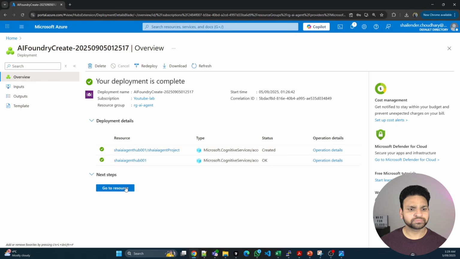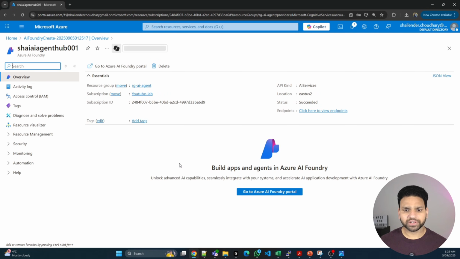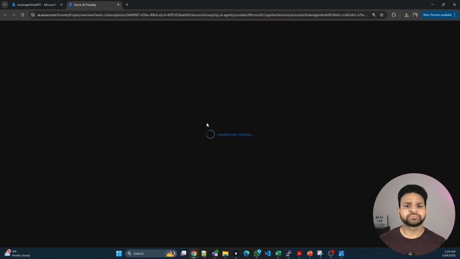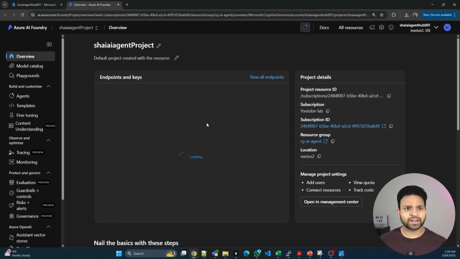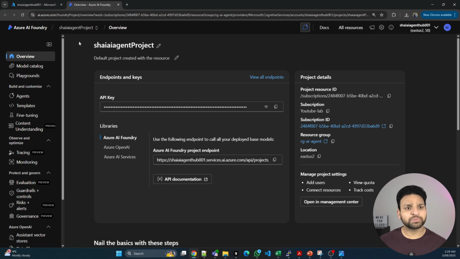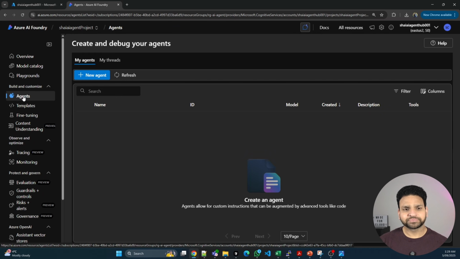Let's go to the resource, which is the Azure AI Foundry Hub, and let's go to the Azure AI Foundry portal. I am in the Azure AI Foundry portal and specifically in the project which we have created. On the left side, you'll see there is an option of agents. When you click here,